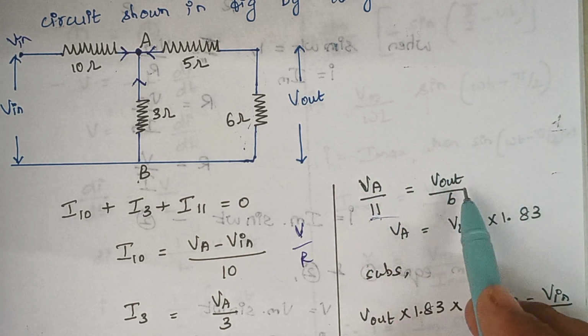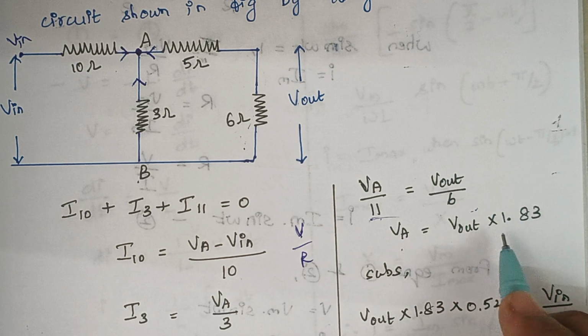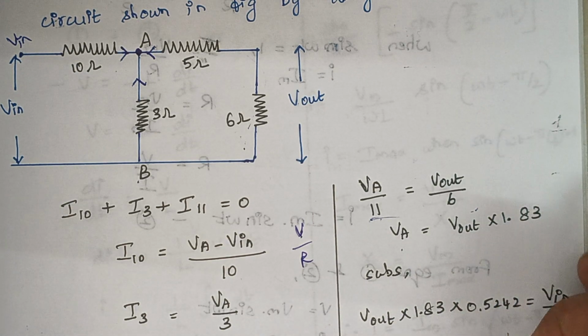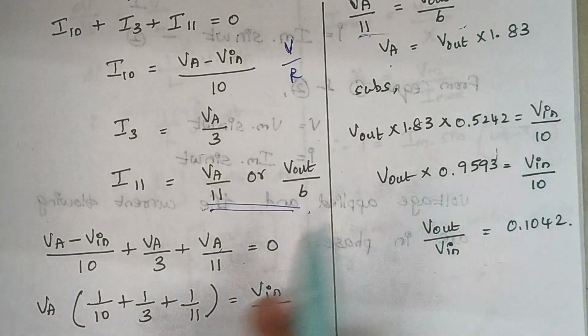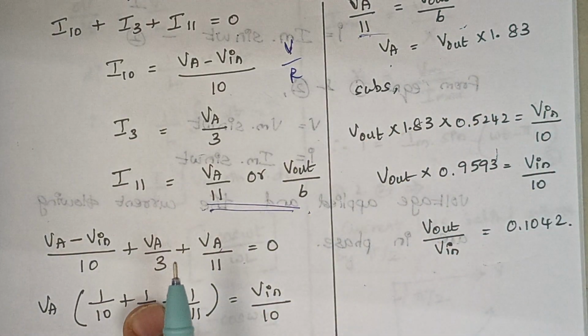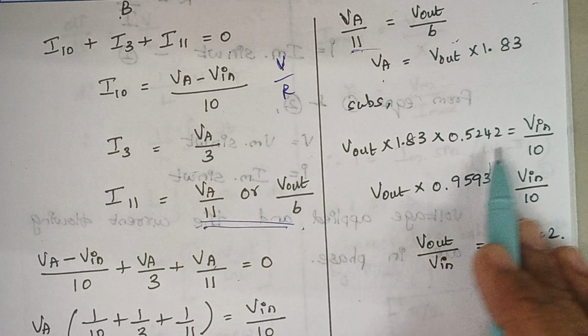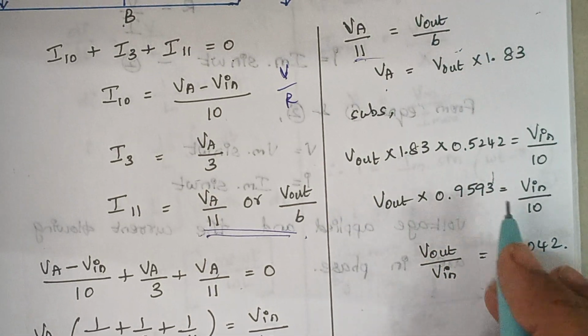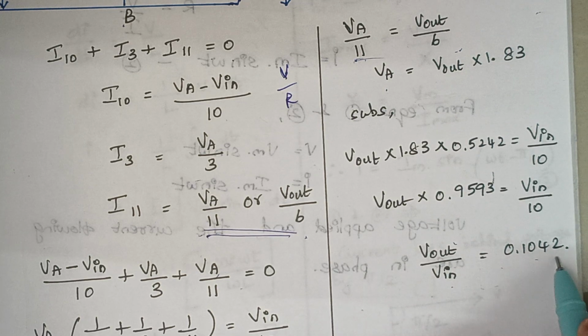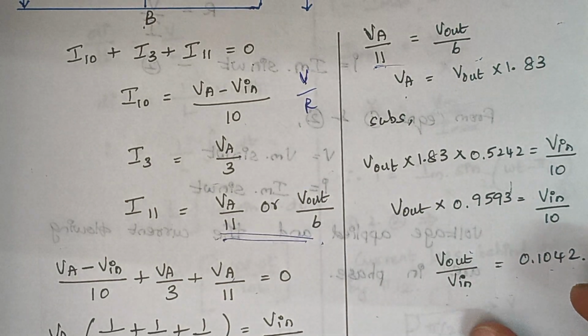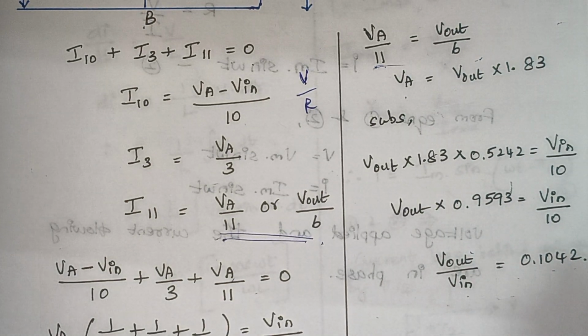So when you solve this expression, VA is given as V out into 1.83, right? Now in the place of VA, just substitute this value. Here we are having VA, right? So just substitute this value here. So once you substitute and solve, finally we end up with V out by V in equal to 0.1042, right? So here comes the end of this problem,